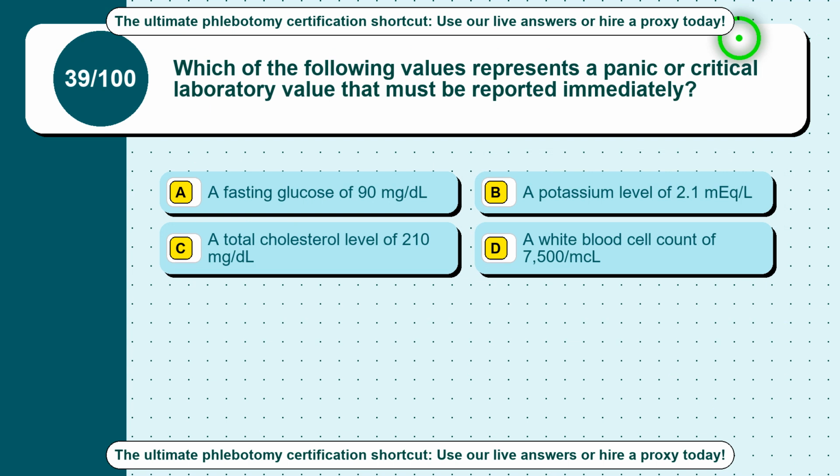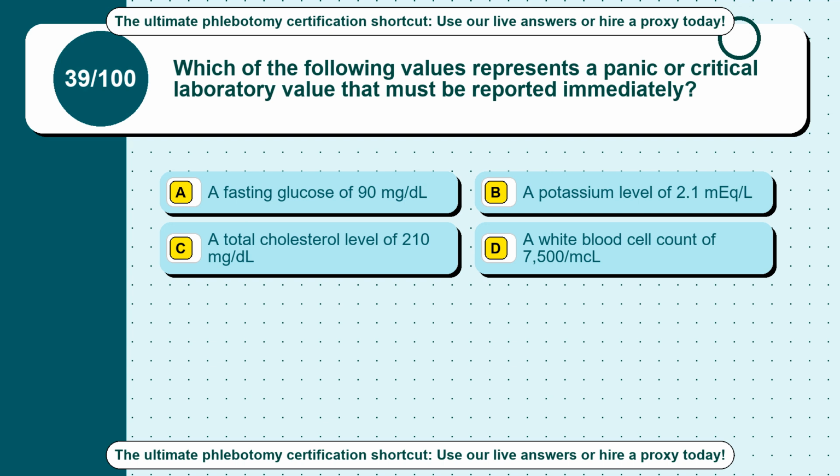Question 39. Which of the following values represents a panic or critical laboratory value that must be reported immediately? Option A, fasting glucose of 90 mg/dL. Option B, a potassium level of 2.1 mg/L. Option C, a total cholesterol level of 210 mg/dL. Option D, a white blood cell count of